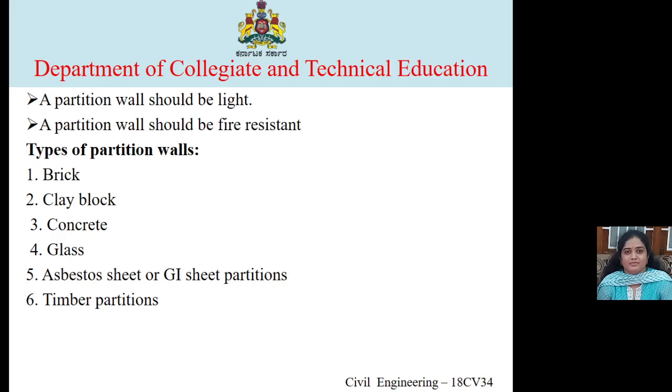So this is regarding the concrete, and again the clay block. The blocks are prepared from clay or terracotta, and they may be either solid or hollow, as I said earlier. The blocks are usually of section 300 by 200 mm, and the thickness of the hollow blocks varies from 50 mm to 150 mm.